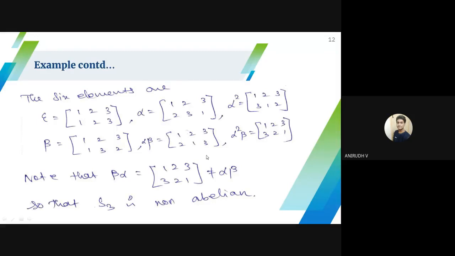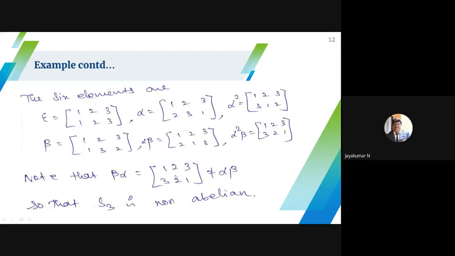So epsilon, alpha, beta, alpha square. After that, alpha square beta is alpha square into alpha beta. What about this? Alpha square into alpha beta is nothing but alpha cube beta. Alpha cube is 1, so 1 into beta is again beta. Please work it out yourself, then only you can get a clear idea. Otherwise, please refer to my video of the previous class.